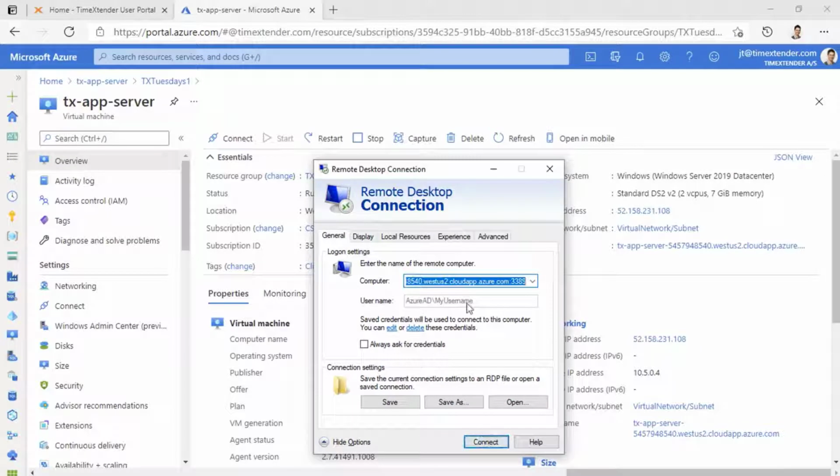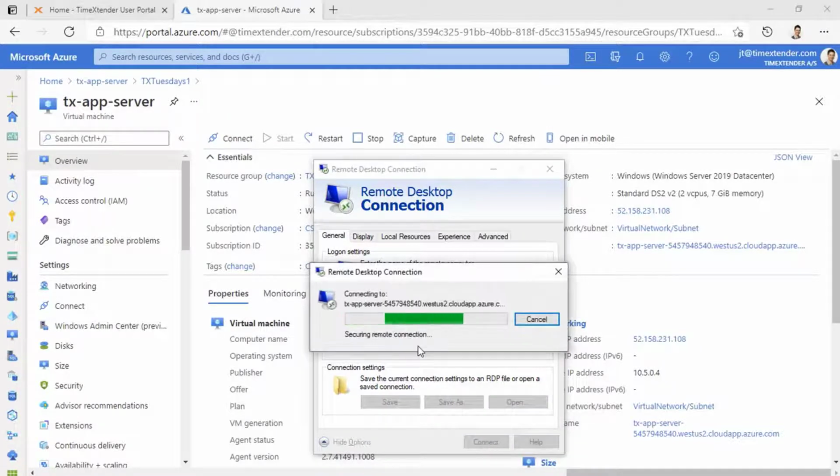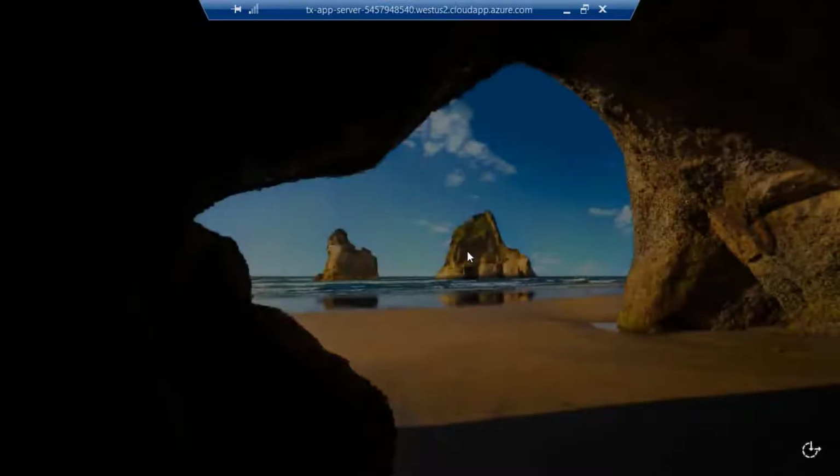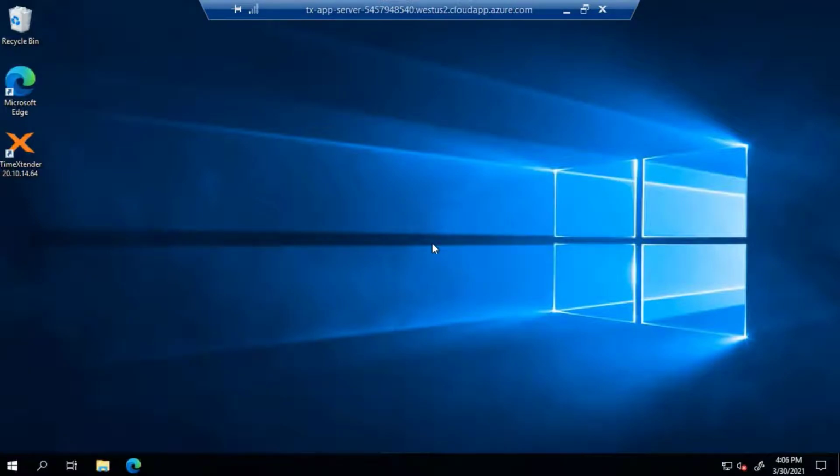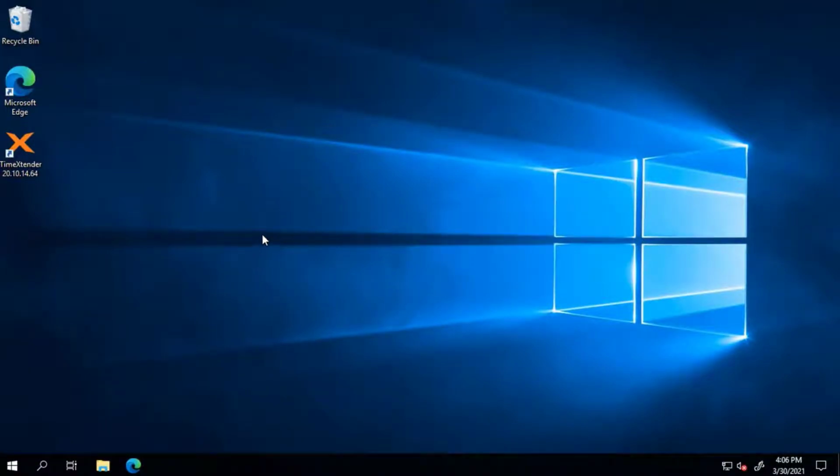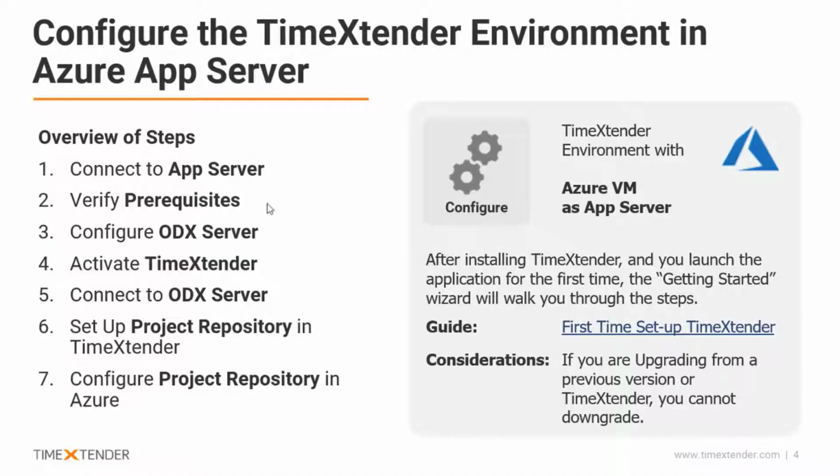So, and I already have my username and password saved nicely in there. So I can just hit connect and get connected directly to this virtual machine. All right, so this just opens right up, and we can take a look at our next step, verifying the